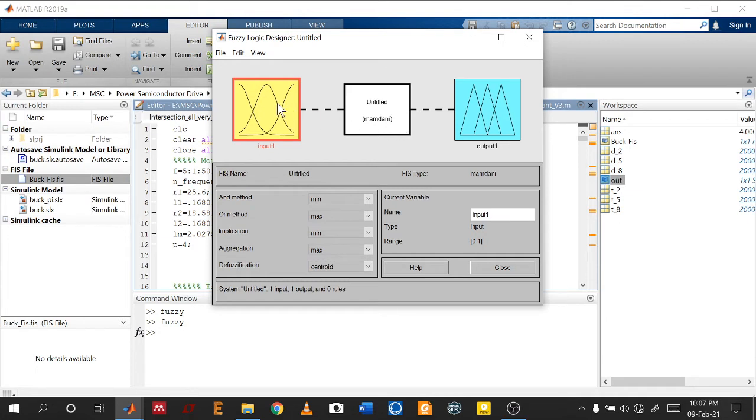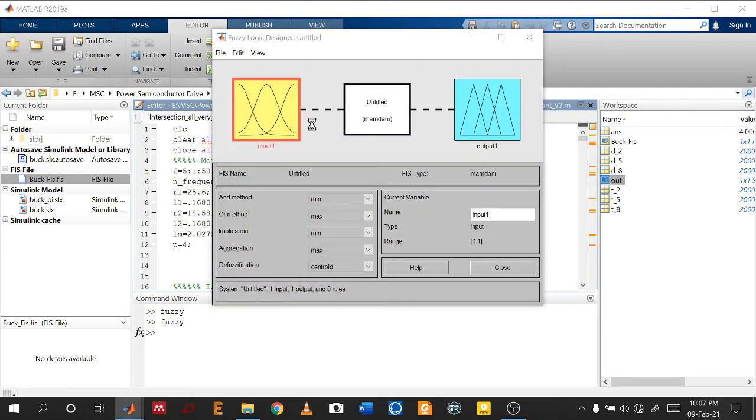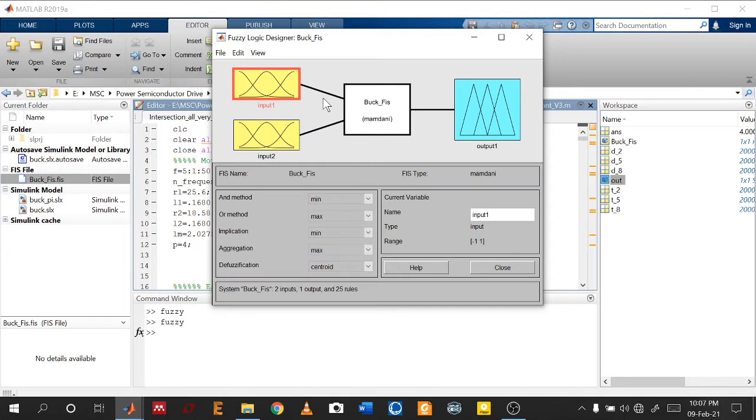I have made a fuzzy logic tool, and I will import it. So from file I have a saved fuzzy logic file. Here there are two inputs, one is error and the other is change of error, and this